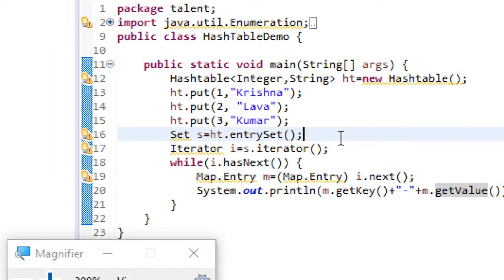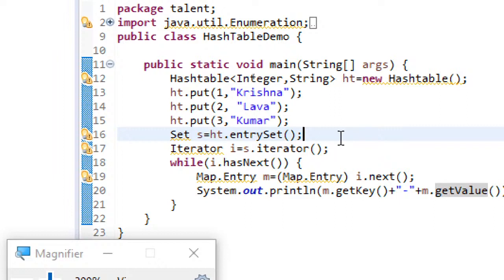Then you have another subclass of HashMap, that is LinkedHashMap. HashMap by nature will not have any insertion order, but it's faster because of the use of the hashing concept. But if you want to maintain the insertion order, then you have to go for the subclass of HashMap, which is the LinkedHashMap. So the LinkedHashMap, which is the subclass of HashMap and which also implements the Map interface, will maintain the insertion order.